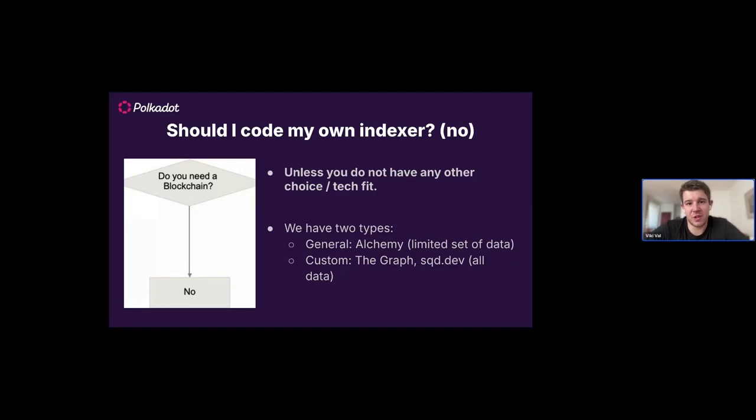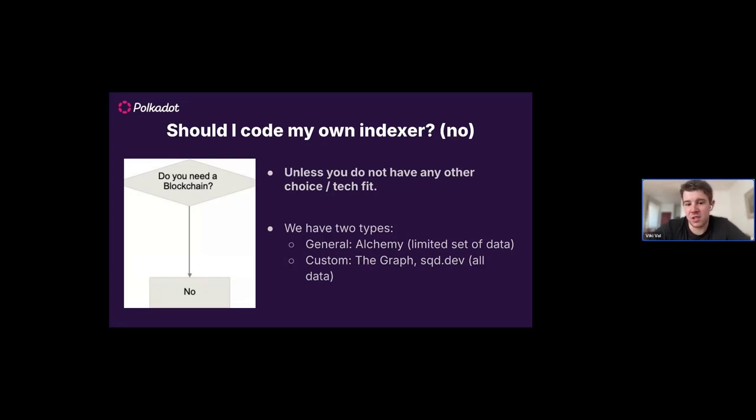So usually you have two types of indexing solutions. First is a general one, for example Alchemy or Moralis. They offer you this sort of indexing service, or they are sort of data providers. The disadvantage, of course, is a limited set of data. You can fetch NFTs from Alchemy, for example, but you would miss some data, or if you want something special, it's harder to